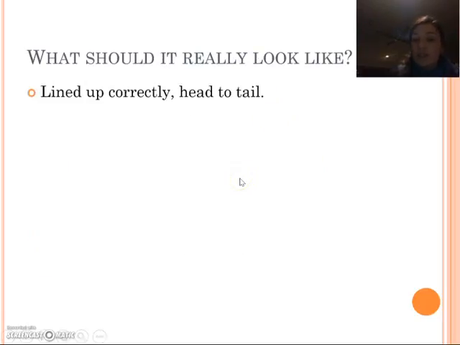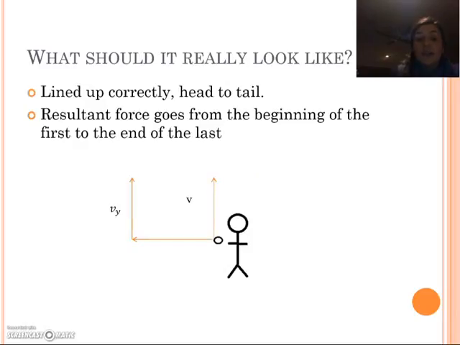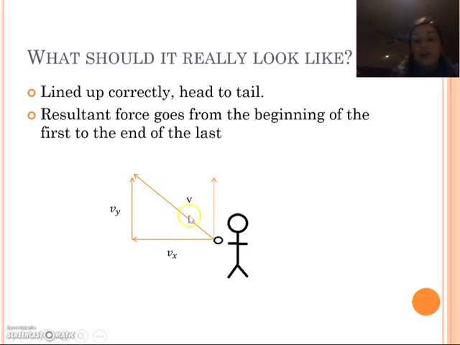So what it should really look like is our little guy here, and we have our motion of the ball, and the initial, this is Vx, and this one over here is Vy, and this is our resultant V. What should happen is this guy here should get moved over here. Okay, so that way we've got the first one head to tail, and then the last one, we should have